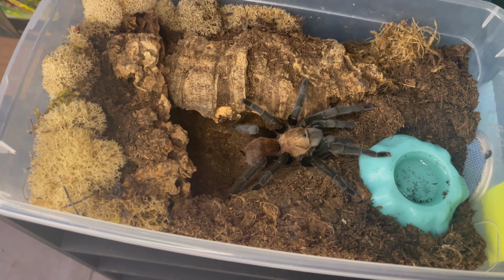Now I know the tokays are not going to be in here forever. I do want to grow out some possums in here. Once these guys are out, I'm going to go ahead and start it up. And I do want to put some dart frogs in there, maybe a tomato frog. I don't know. A tomato frog will eventually outgrow this, but some dart frogs would be pretty cool in there. Maybe 2 of them. Yeah, guys, I actually want to get myself into more amphibians, more tarantulas,